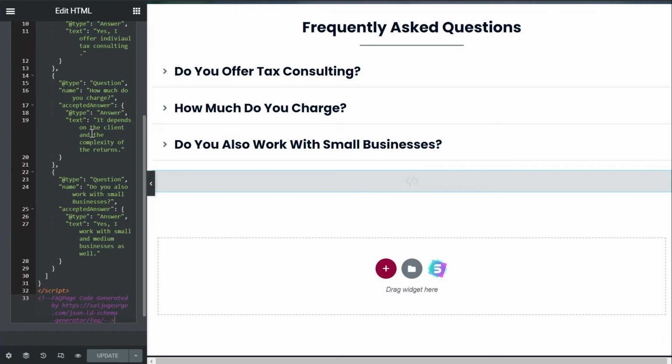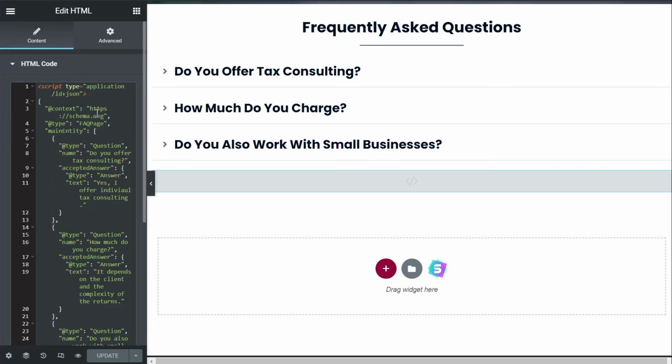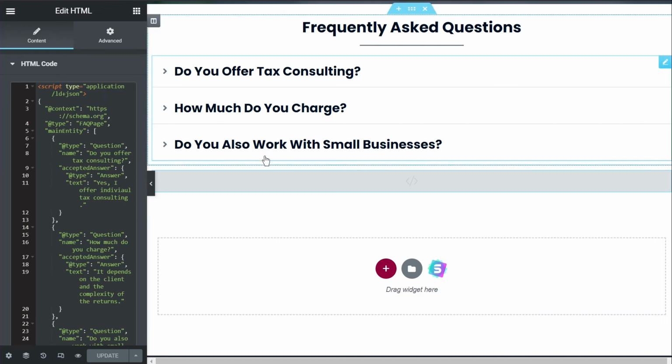So that's the point. The plugins also make your job easier. They save you time, and they'll also take care of the problems that can arise if you do this manually. Again, this definitely works, but I would highly recommend that you do not use this method unless you only want to add the FAQ schema on just one particular page. As I mentioned, the Schema Pro method, the second method, is the most appropriate method if you want to add schema to a lot of pages.